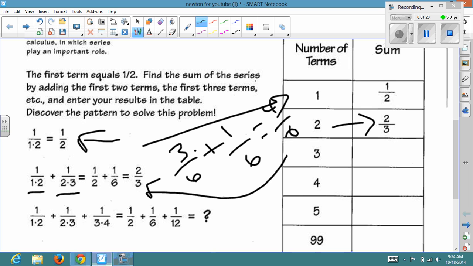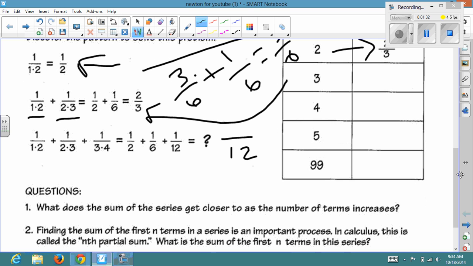And then the next one, we've got a half plus a sixth plus a twelfth. So the common denominator here, of course, is 12. And if I were to make these into equal fractions, this will be 6/12. Here we would have 2/12. Here we would have 1/12. 6, 2, and 1, of course, make 9. And 9/12 reduces to